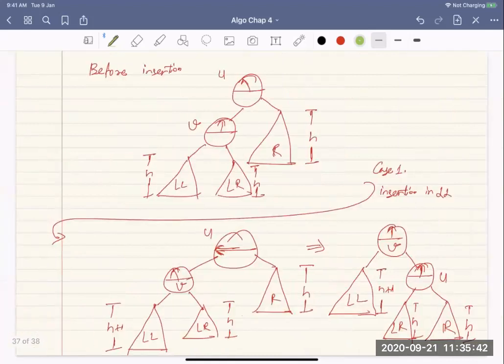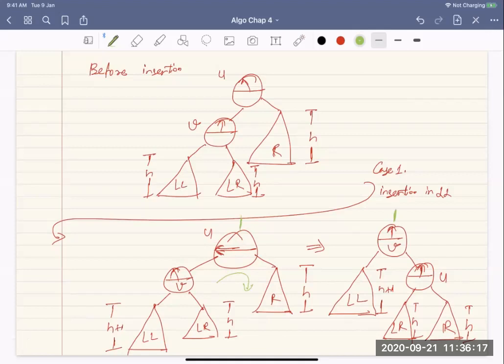So what we were saying, you are at this position and you do a rotation. So we can define or denote rotation. You're doing a right rotation, so right rotation of u. If you do a right rotation of u, what will happen? V should come on top. Yes, so V comes on top.